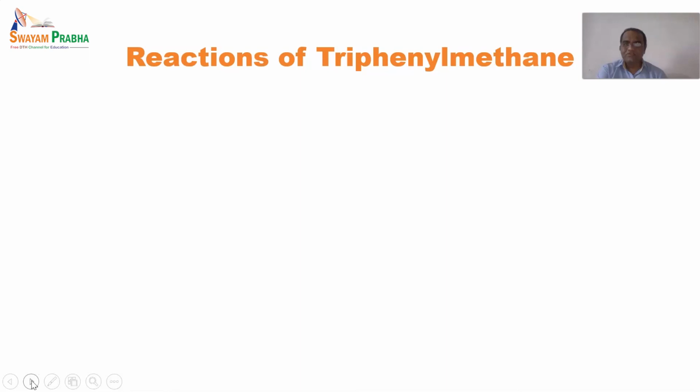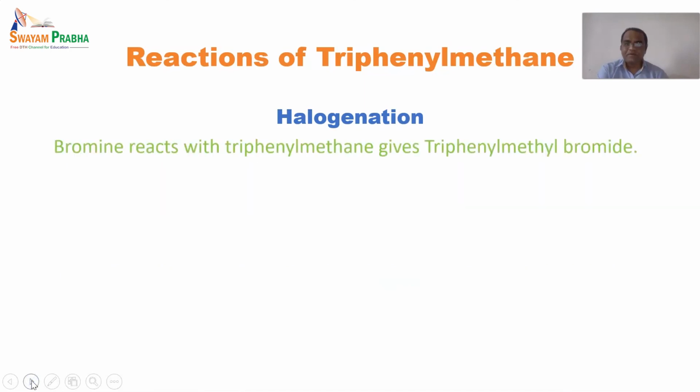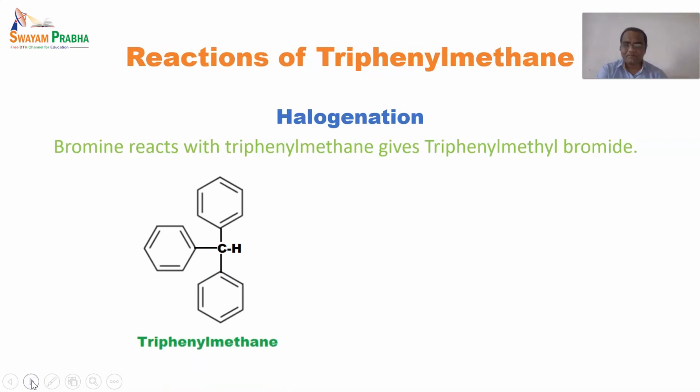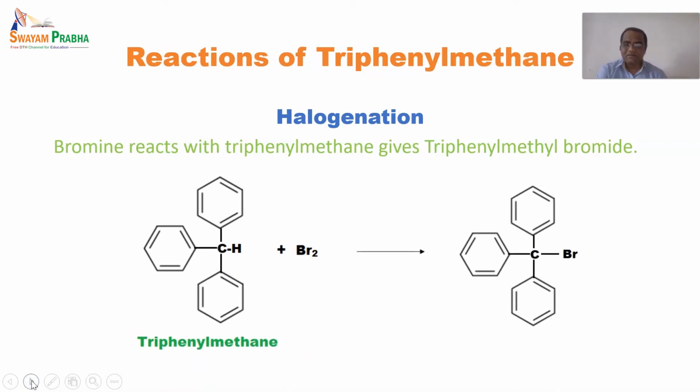Now we'll see reactions of triphenylmethane. So the first one is halogenation. Bromine reacts with triphenylmethane and gives triphenylmethyl bromide. So it is a simple reaction, just replacing